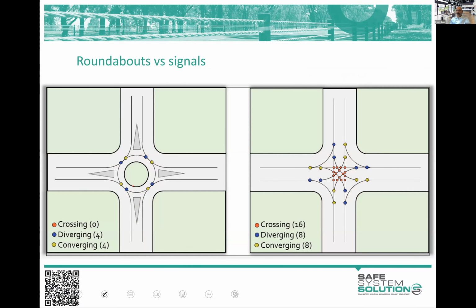So just road safety engineering 101, in case you never got that or you'd forgotten it. Why are roundabouts better than traffic signals from a passenger vehicle to passenger vehicle perspective in road safety? Well, there are less conflict points. There are less spots that you can crash. So that's a good thing. There's your example. Each of those dots represents a specific conflict point, a way that you can crash.